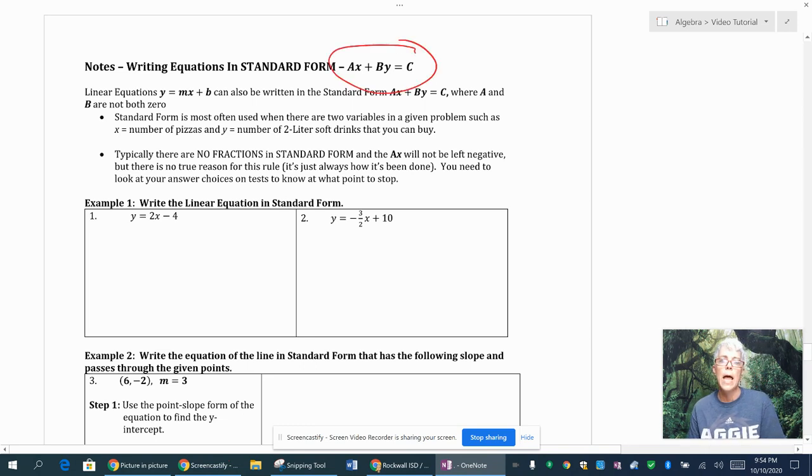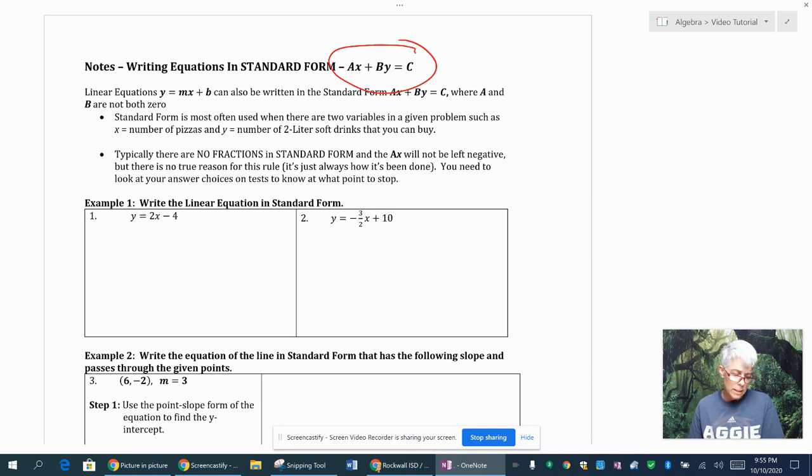The a and the b are the coefficients of the x and the y. We want to keep those numbers as positive numbers, leave them as whole numbers, and they're not allowed to be zero. So a linear equation y equals mx plus b can also be written in standard form, where a and b are both non-zeros. Standard form is most often used when there are two variables in a given problem, such as x